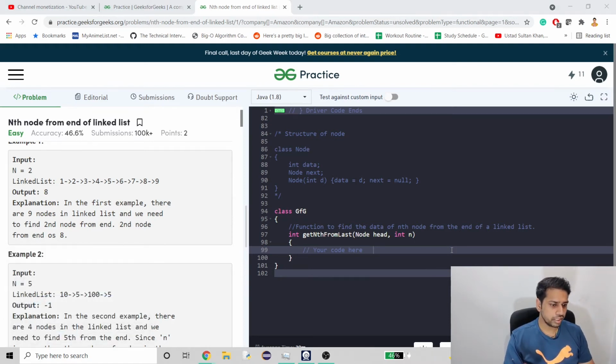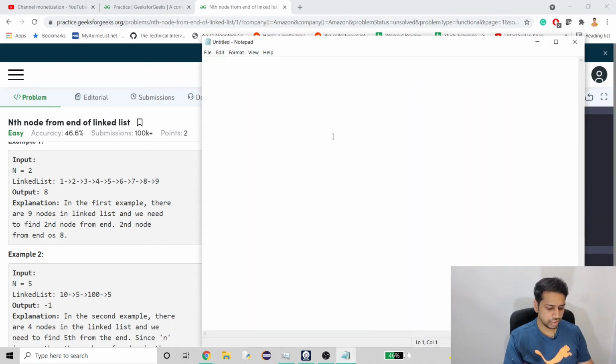Let's say my first pointer is fp and my second pointer is sp, and I'm taking this array list right now, 4, and let's say our n value is 2. So here what we have to print is 3, right?